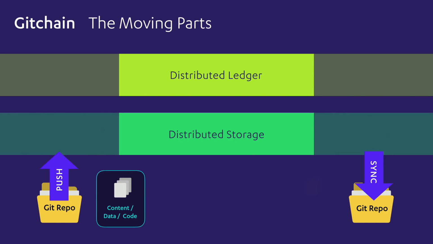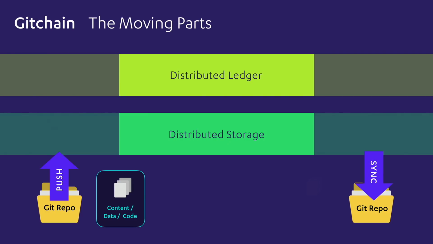So same diagram, pushing and syncing between two repos. But here we have two really basic sets of infrastructure that underlie what we call Gitchain. One is a distributed storage. If I put a 400 meg file, I'm not going to put that into the blockchain. That's just not going to fit. So I'm going to put something along with all the changes and metadata and caption and description, whatever I want to do, into something called a pack file.